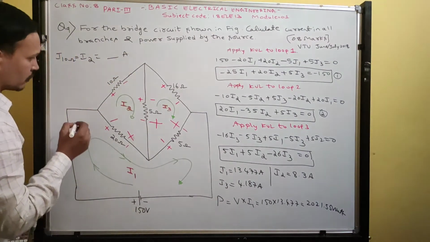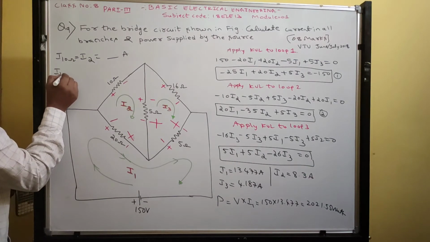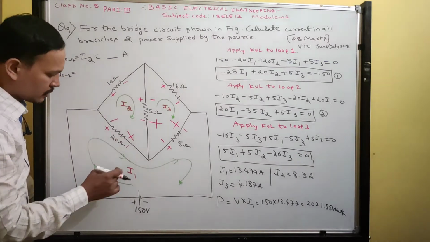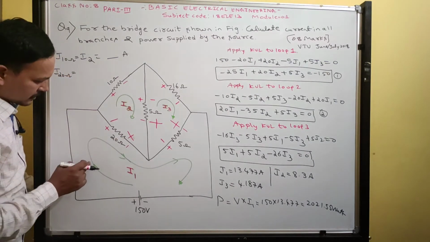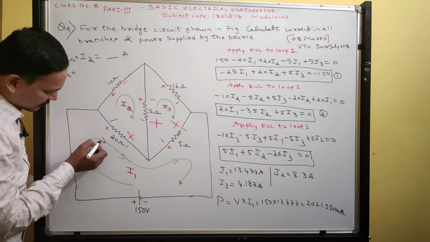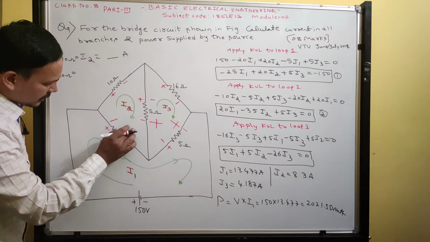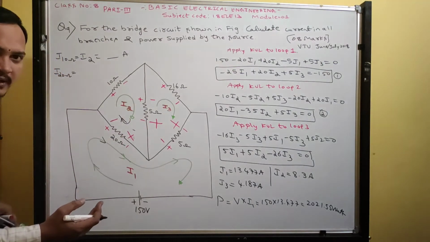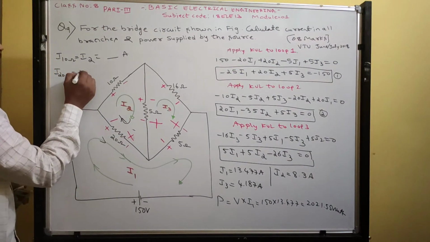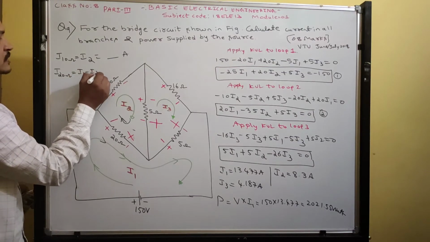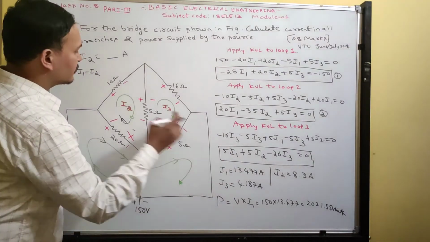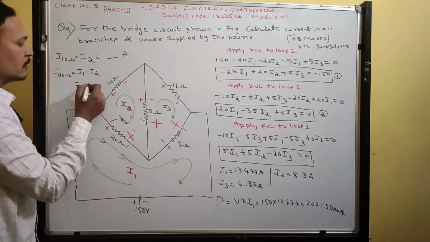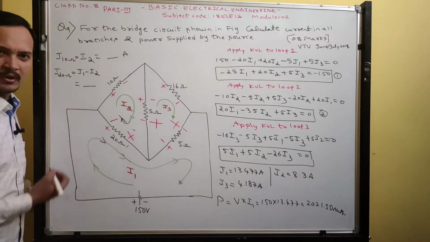Then the current in the 20 ohm. What is the current in the 20 ohm? Two currents are there, I1 and I2, and these two currents are opposing each other. See, this I1 current is going like this, and the I2 current is coming like this. Both currents are facing opposite to each other. Therefore, what should you do? You should subtract those two currents, I1 minus I2. Enter the I1 value minus the I2 value. That resultant will give the answer. Okay, got it? I hope you can do all this.